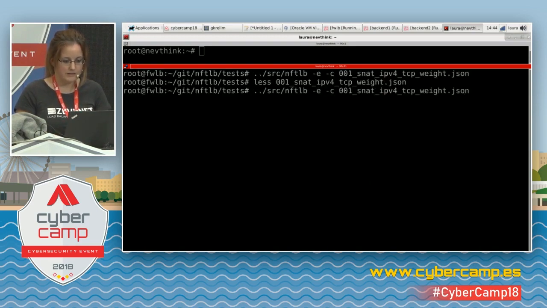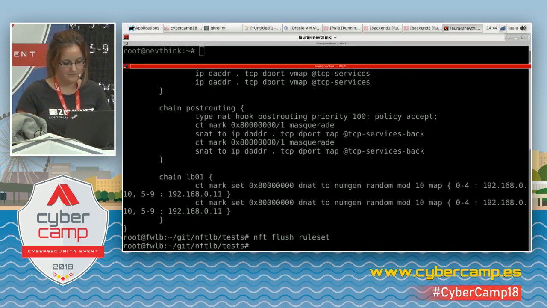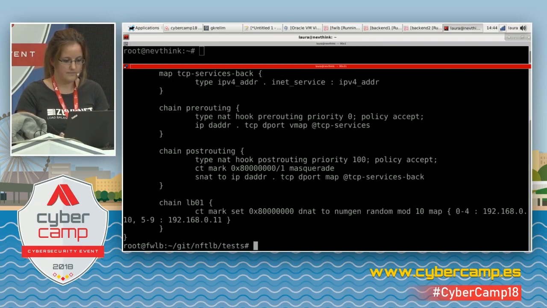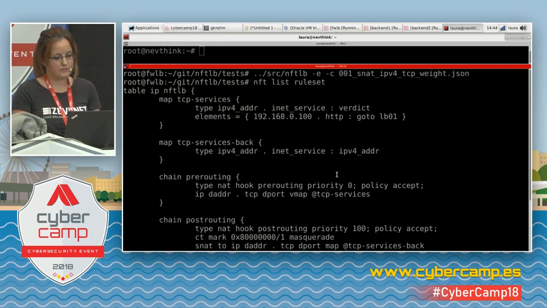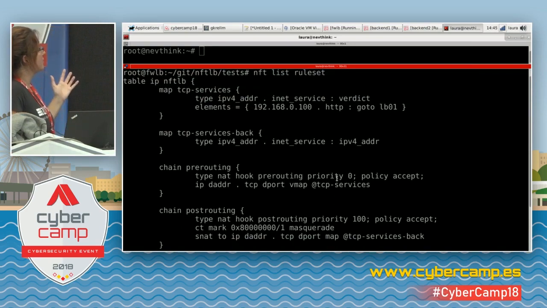As an example, let me start this. nft list ruleset. No, first flush. That's better. All right. This is a very complicated version of almost all the features and utilities we have with nft. We're using maps here and iptables,